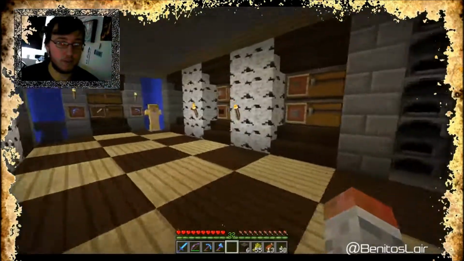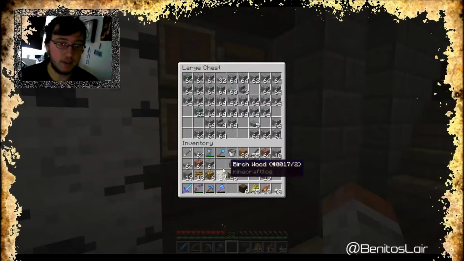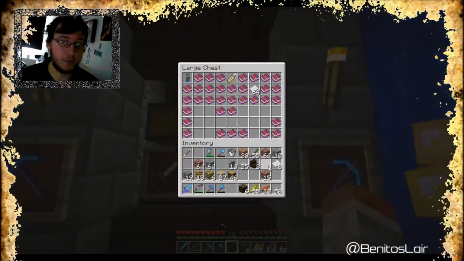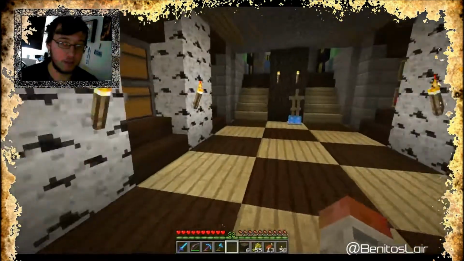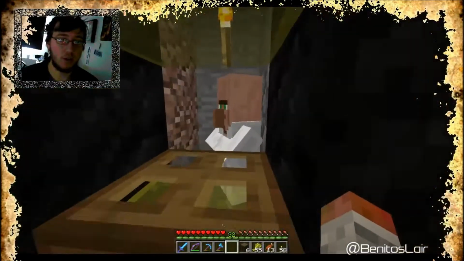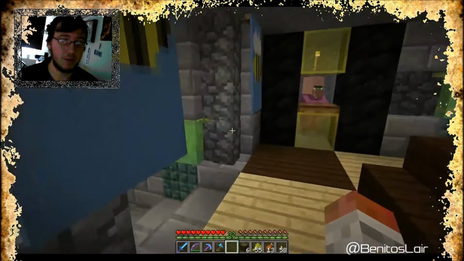Right. So, do I need to get rid of anything? I need to get rid of these. These and these, because I have way too much in my inventory. We don't need the paper on me anymore. Keep the jungle wood in case we need to craft more stuff. I can always buy some... Oh, you've unlocked. Sweet. I can always buy bookshelves from this guy, but it costs paper anyway, so...